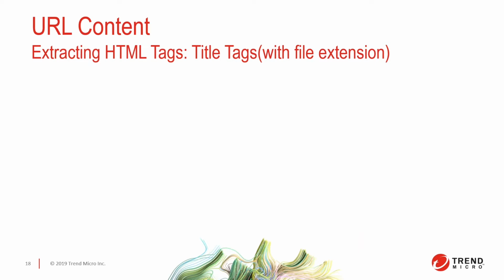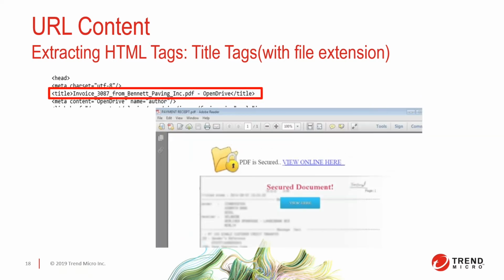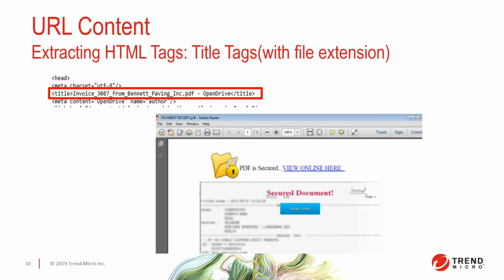For the URL content, we use web scraping to extract data or source code from the website. In this example, I think it has been shown that there's a strong indicator that most of the downloader URLs of malicious PDF files contain a file extension in the title tag. It's not normal behavior for URL pages normally seen with legitimate web content. So we can extract this tag as a possible feature that the model can process.